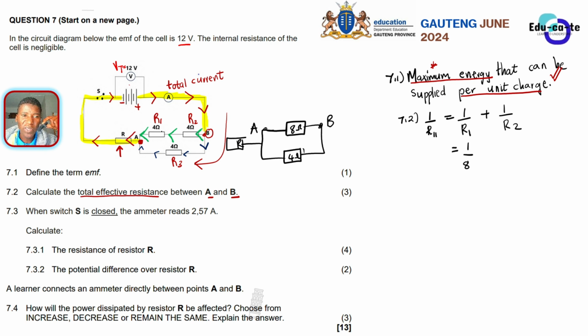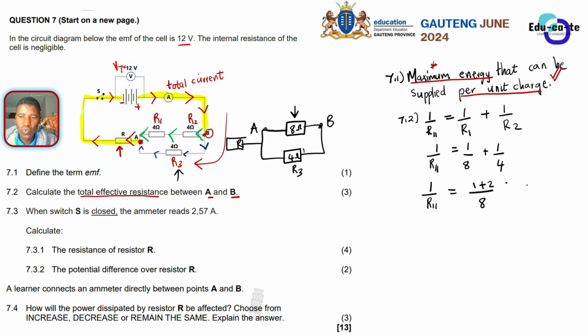In substituting, the first resistor here will be 8 ohms, which is the combination of 4 and 4. If you say 1 over 4 plus 1 over 4 plus 1 over 4, using the first combination given in the diagram, it will be wrong, because these two are in series. You must combine them first and make them one resistor, which is 8 ohms. And this is plus 1 over 4 ohms. This is the other 4 ohms, which is R3. R3 was just alone. There was nothing in series with it, so it didn't do anything. So this is 1 over R parallel. Now to calculate, we're just going to combine the fractions. If we're adding fractions here, our denominator is going to be 8, and then the numerator is going to be 1 plus 2.